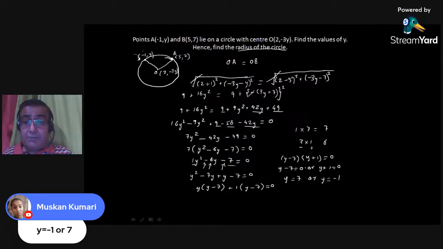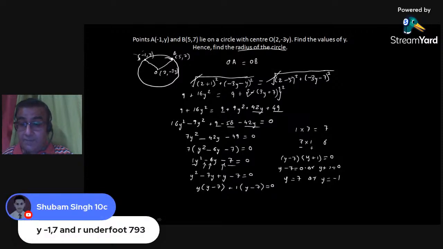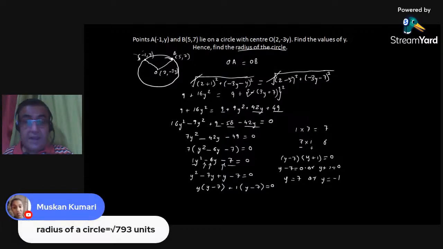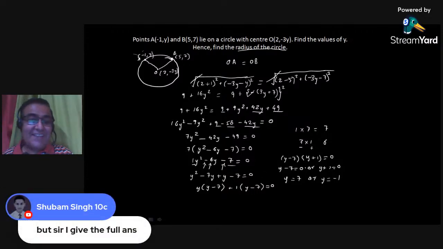Right. So like Muskan said, y is equal to minus 1 or 7. Muskan, you're absolutely right. You get another point. And Shubham Singh is saying that y is minus 1 and 7, and the radius is under root of 793, and Muskan has also said that the radius of the circle is root 793 units. Okay, Shubham is saying that he gave the full answer. Very good. In fact,